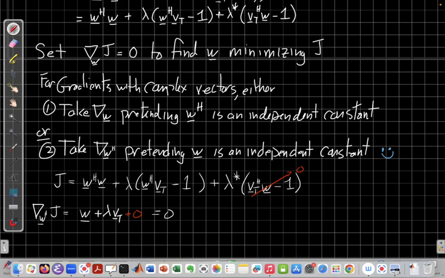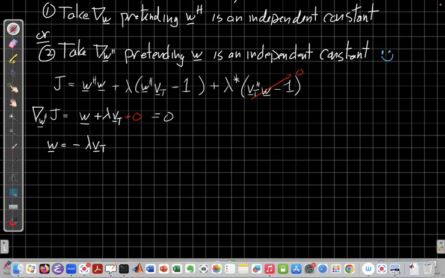And then I set the whole thing equal to 0, giving me W is equal to, for my optimization, it tells me my array weight vector should be minus lambda V_t. Even though we haven't solved for lambda yet, we're already seeing something really important, which tells me that the weight vector should be a scaled version of the replica vector we're looking for. So we already kind of know the answer if we think of it that way, but we can